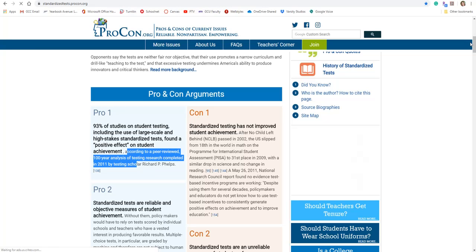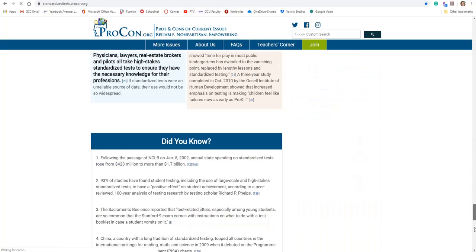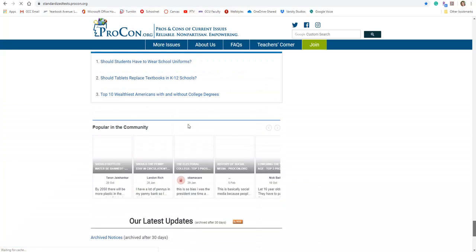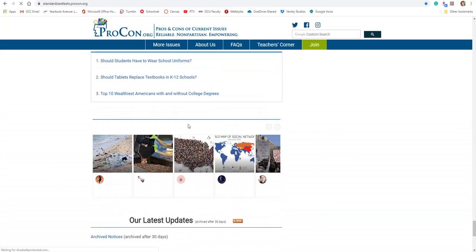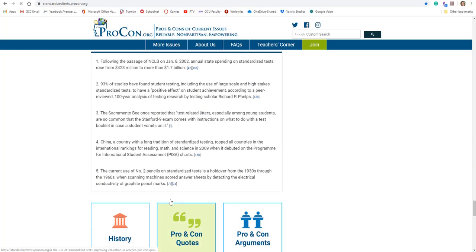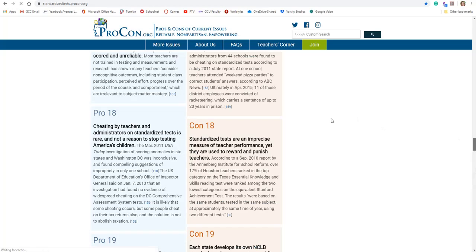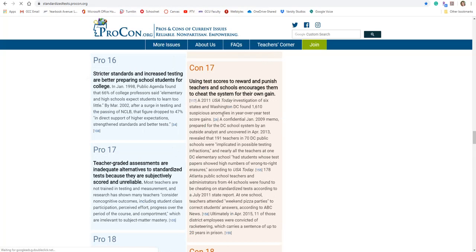Okay, and you can scroll all the way to the bottom of the page, and you can evaluate the footnotes. Okay, you can click on the footnotes and they will take you to the original sources that you can then use to cite in your paper if you choose. Okay, but again, the things that I like are it addresses the issue, and then it gives you arguments or claims that are pro and arguments and claims that are against, and you're welcome to use these in your paper. This would not be plagiarism by any means.